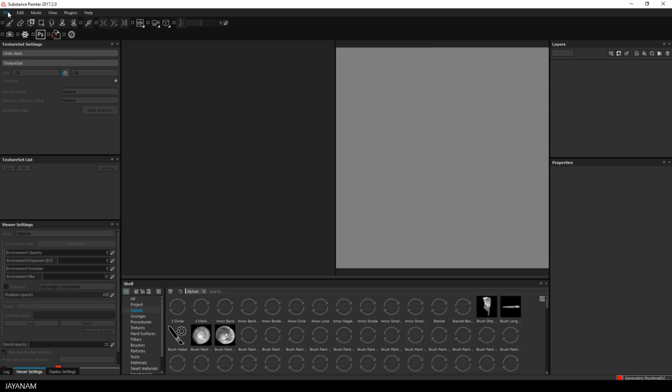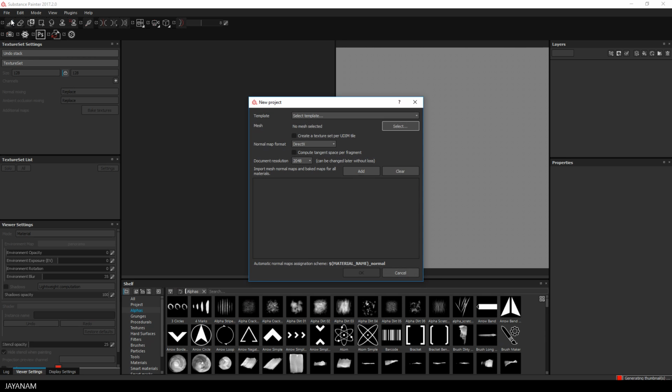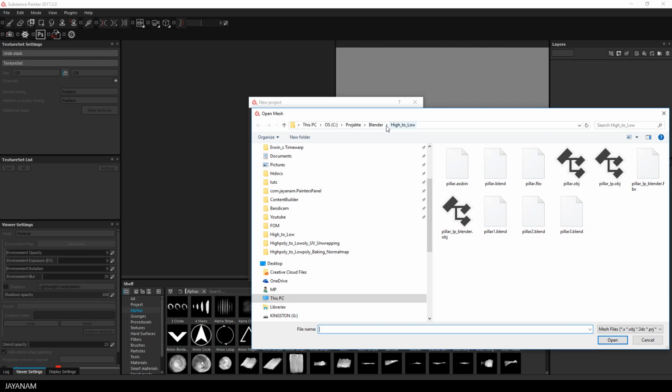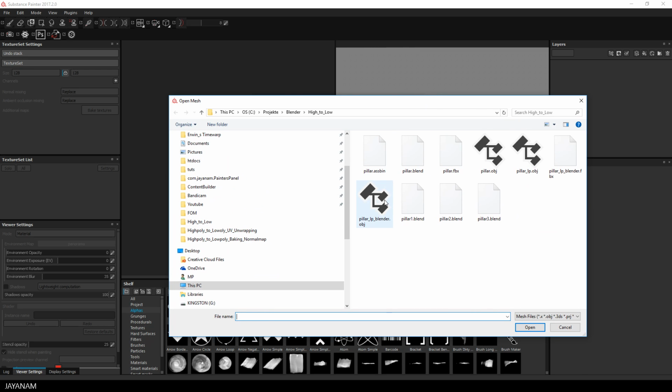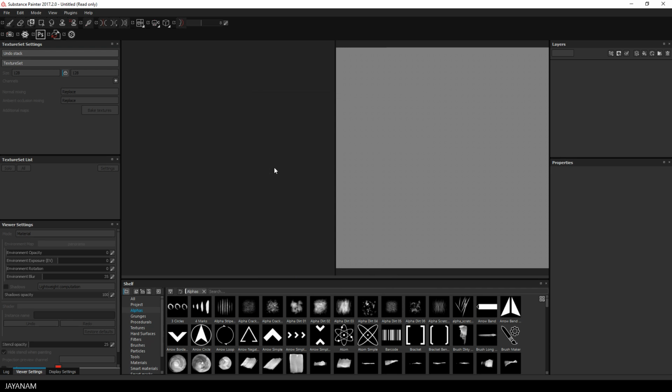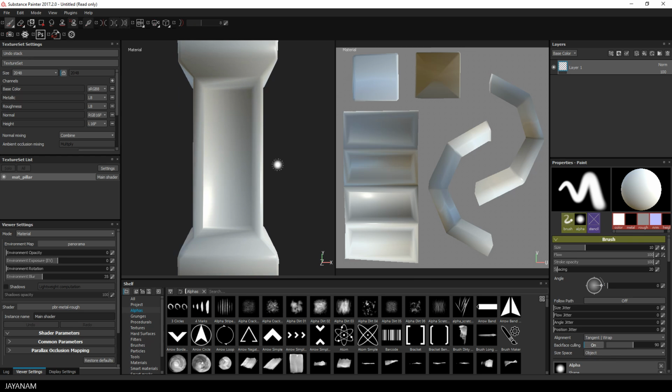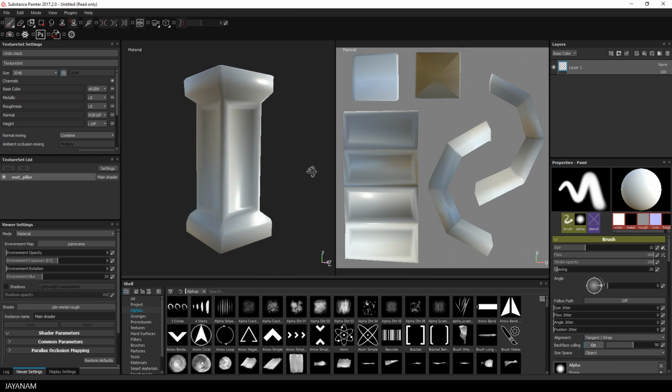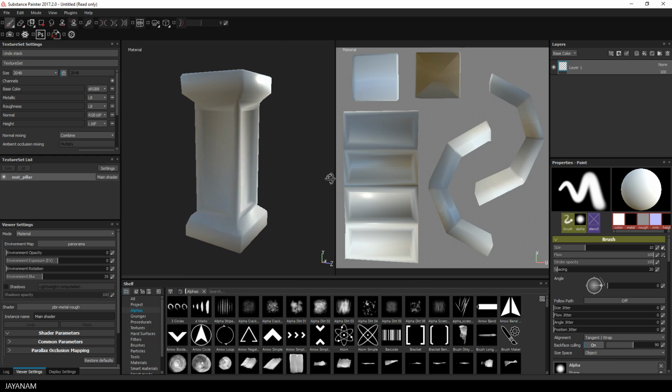First I open Substance Painter 2017, press New and import the low poly model that we created with Blender retopology and export it as OBJ. I keep 2K resolution and press OK. Alright, here is our low poly model, and now I could import the normal map that are baked with Blender,